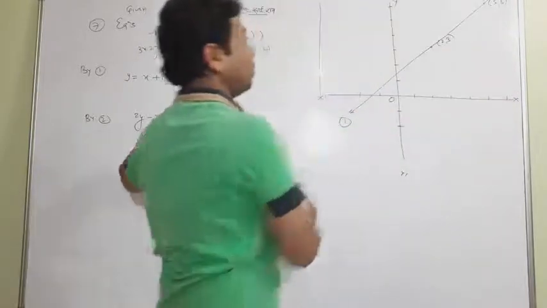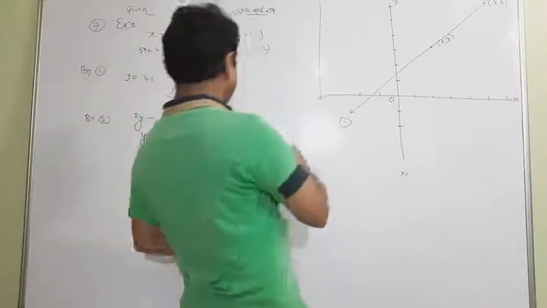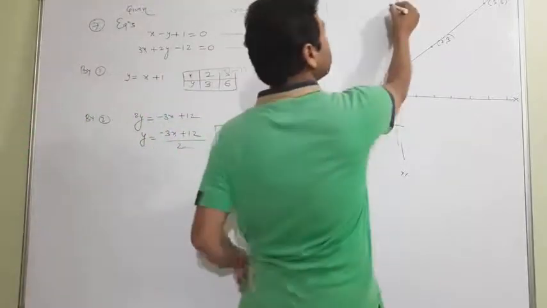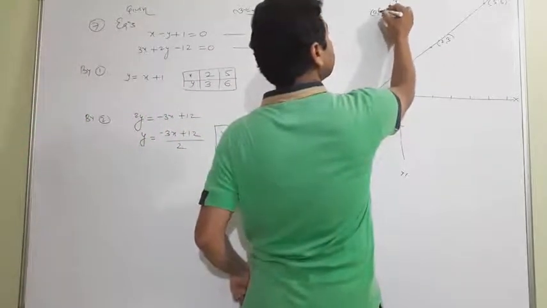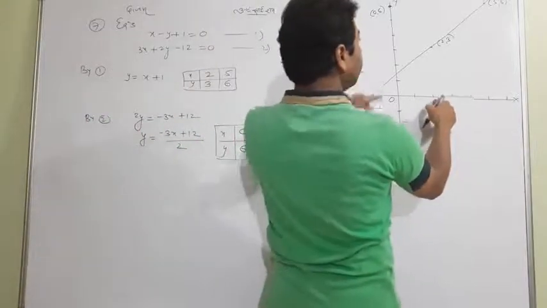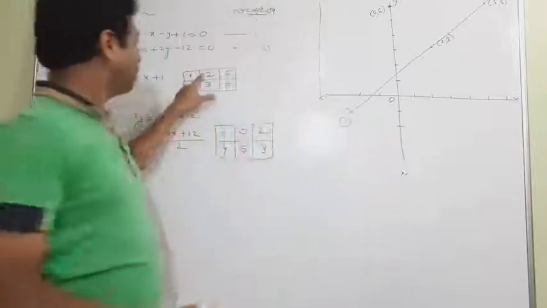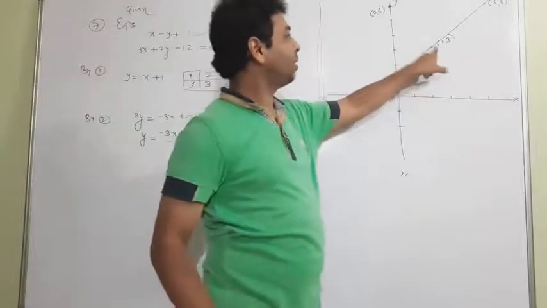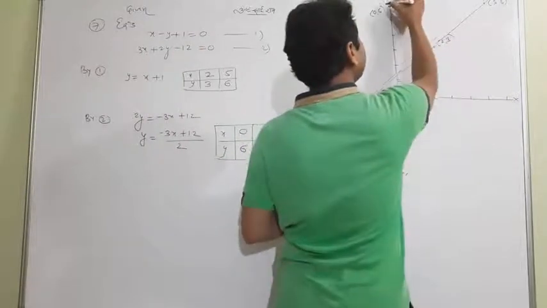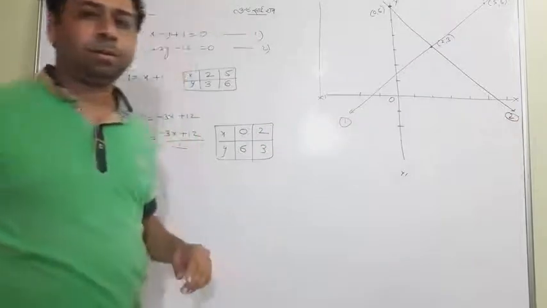It is the first equation. Now (0, 6) is lying at x equal to 0, meaning it lies on the y-axis. So (0, 6) is this one. And (2, 3) is this one. I plotted it here, and this is again (2, 3). So I plotted the same point. That's a very good thing, no? It is the second line.